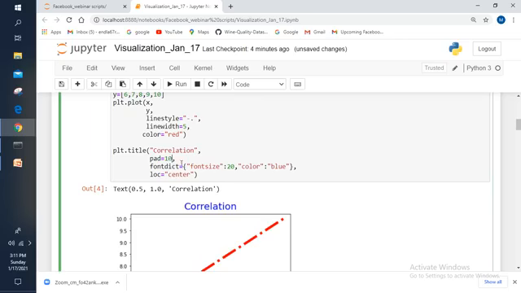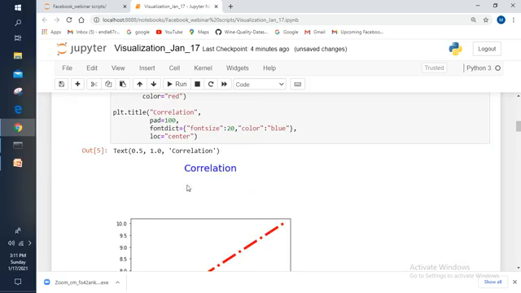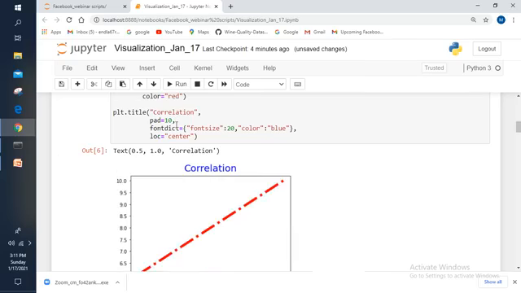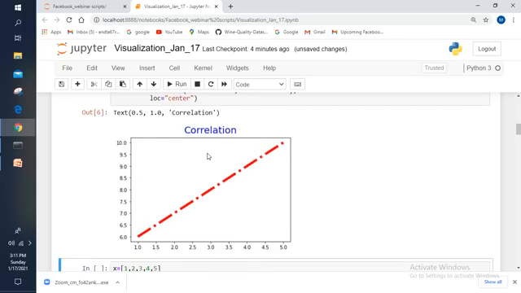Let me increase the distance so that you will get a better understanding of what pad is. See, the difference is increased from this axis to this text. That difference is indicated with the parameter pad, right? Here I have given the title name successfully for my plot, but I don't know what I have taken on the